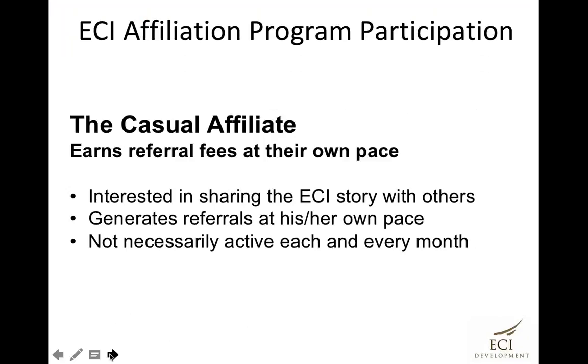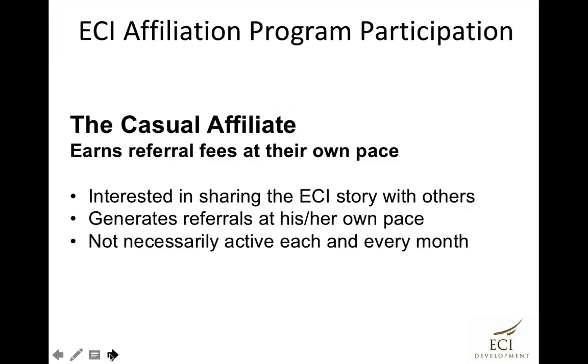Let's see. So here's the first tier of the affiliation program. The referral structure is outlined in the affiliation program manual. I'll go ahead and send that out right after this presentation, just in case you don't have it. But as a quick overview, we have a 2% referral fee for passing along the name of an interested prospect, and a 6% referral fee for a realtor who follows a sale through to close.